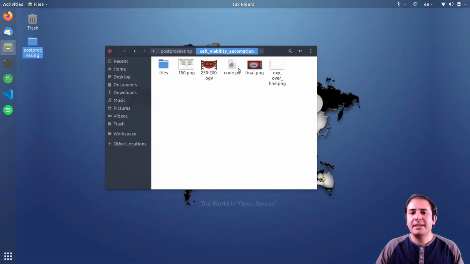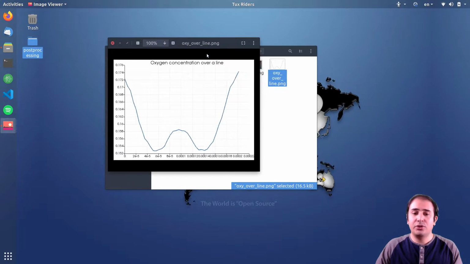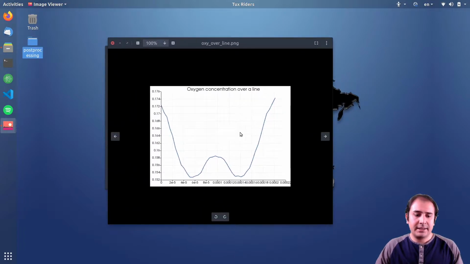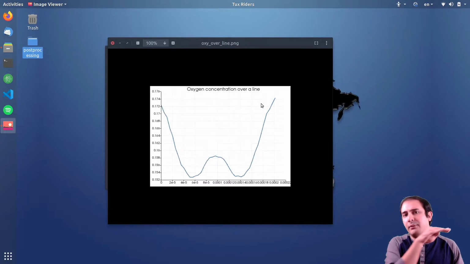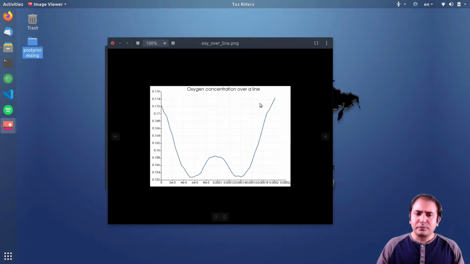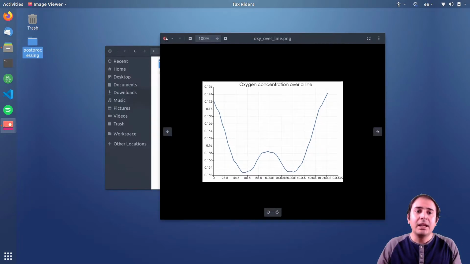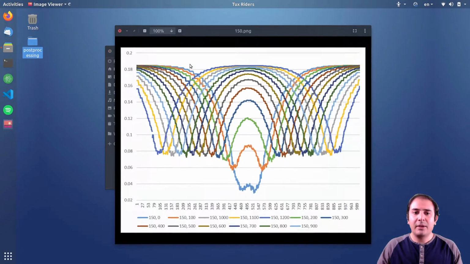In this case, we want to have, again similar to the previous post-processing of cell viability, the change of oxygen over a horizontal line,